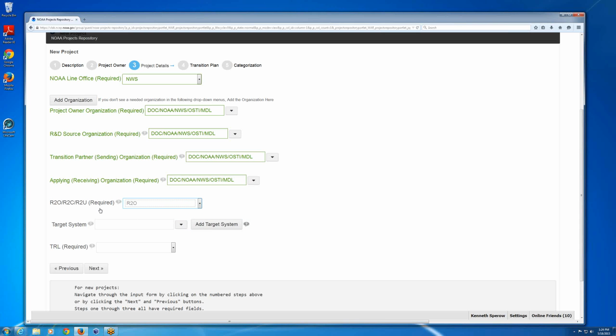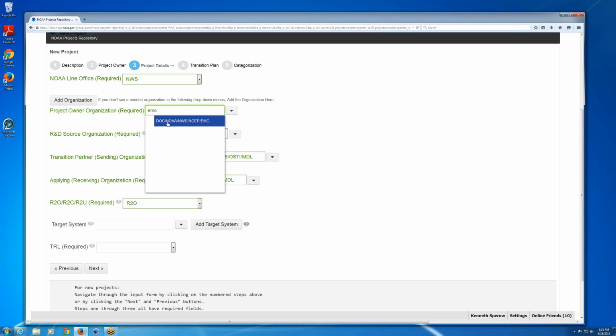Now, when a project is research operations, Mike, let me... This is Steve. Let me just go through this in the case of NCEP, what you might normally find. In the case of NCEP, obviously the line office would be NWS. The project owner organization would be whoever is entering this information. The project owner is the person who's responsible for the milestones and the schedule. So that could be EMC, that could be WPC, it could be any NCEP center,